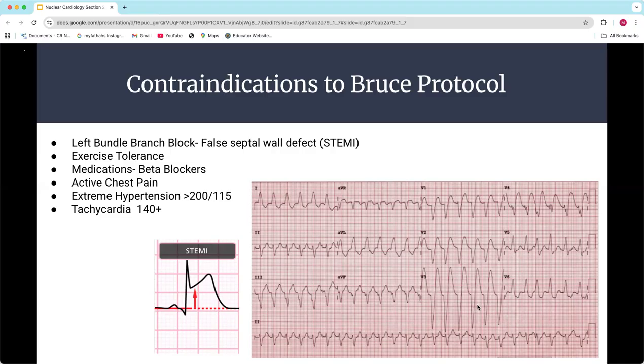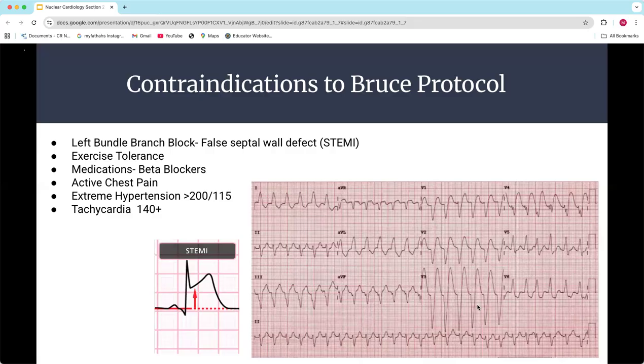And you're going to assume, oh, they've got a septal wall defect. There must be a blockage going on in the RCA. Let's get them up to the cath lab. You get them up to the cath lab and they do an angio and there's no problems. Their coronary artery is fine. And again, it's just because it couldn't fill back up because of how that contraction is happening. So those are the two reasons. We don't exercise bundle branch blocks for those two reasons.